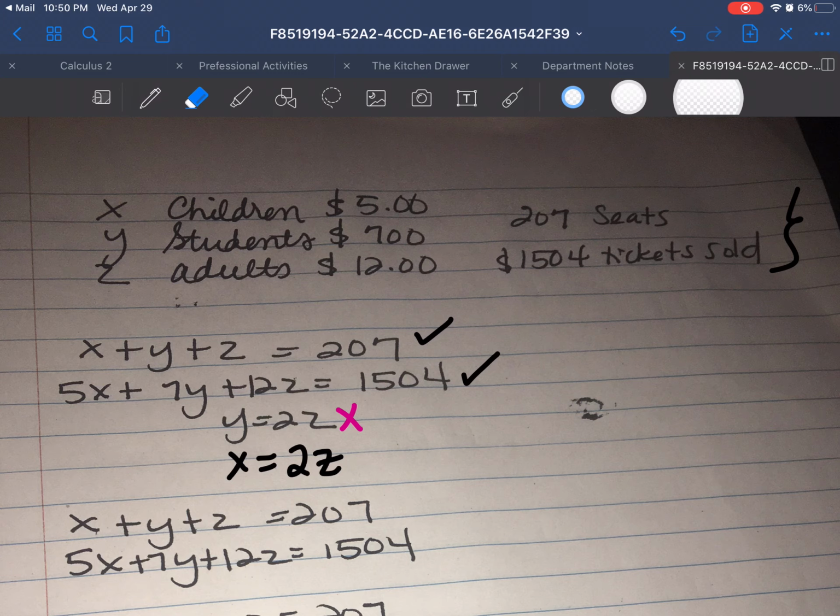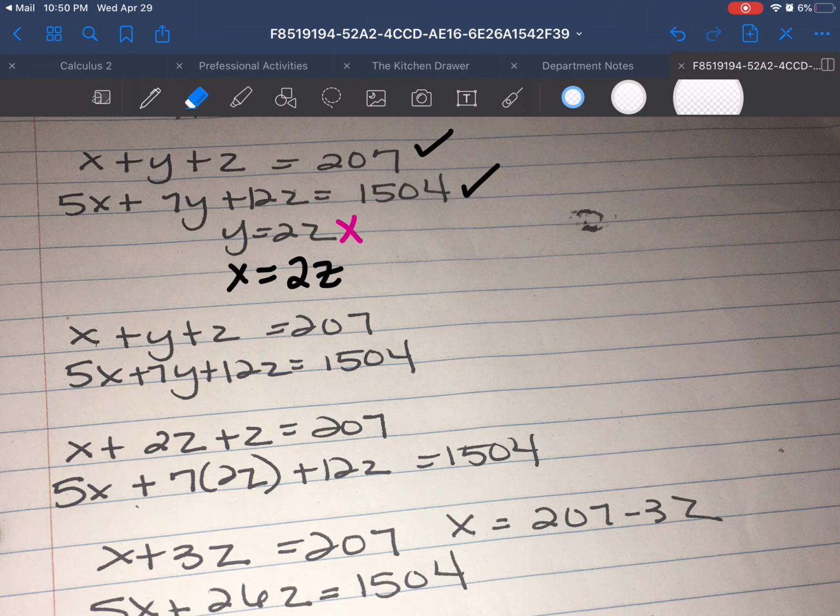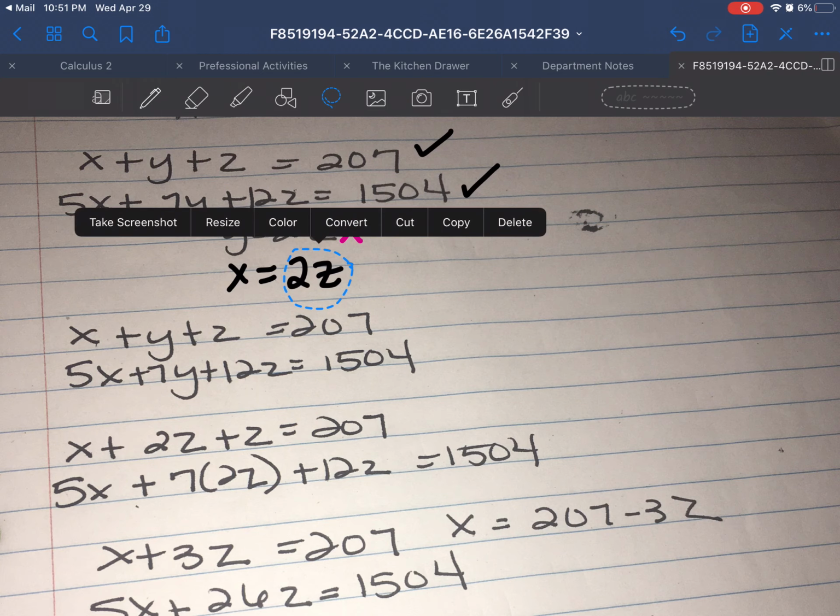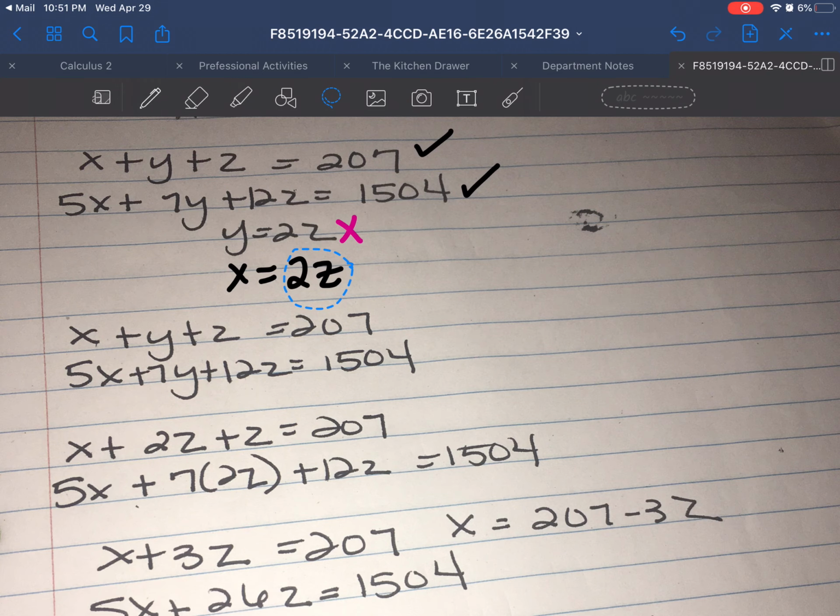So with that change in mind, what you're going to do is I'm going to copy this right here. So in the equations you have here, you would replace your x with 2z. And also in here, you would replace this x here with 2z. And so if you do that replacement and simplify both of these equations, you would get the